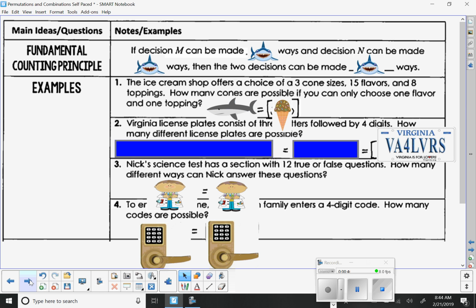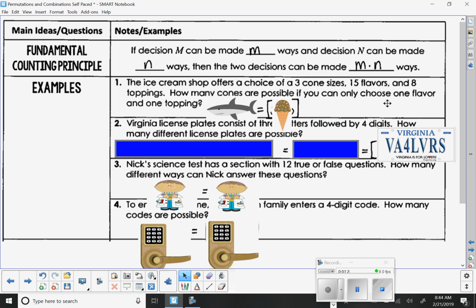Now, the fundamental counting principle says if decision M can be made in m ways, meaning you've got some decision, it can be made in 5 ways, and decision N can be made in lowercase n ways, then the two decisions, when you make them together, when you have to make them both, can be made in m times n ways. An example: an ice cream shop offers a choice of 3 cone sizes, 15 flavors, and